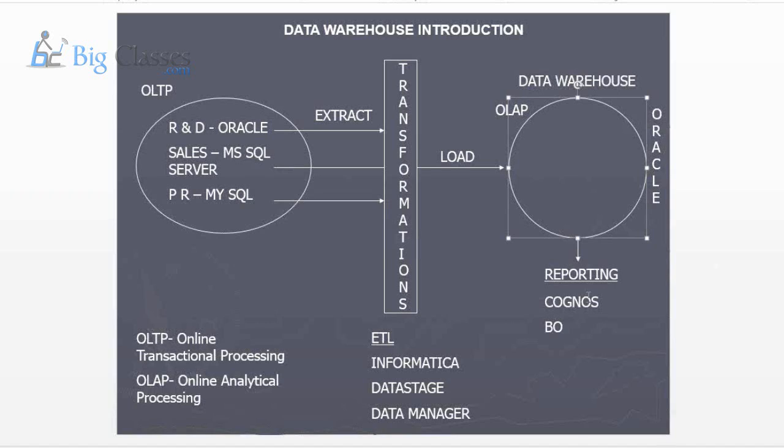By using ETL tools, we are loading the data into the data warehouse. Based on the data which is already there in the data warehouse, we are going to prepare some sort of reports. For reporting, we have different tools like Cognos Business Intelligence, Business Objects, QlikView. At least a dozen tools are there. Among these, Cognos BI is the market leader in the BI reporting area. IBM has sold so far 32,000 licenses of Cognos BI, and this is an IBM product, and we are going to learn this Cognos BI. Any questions so far?